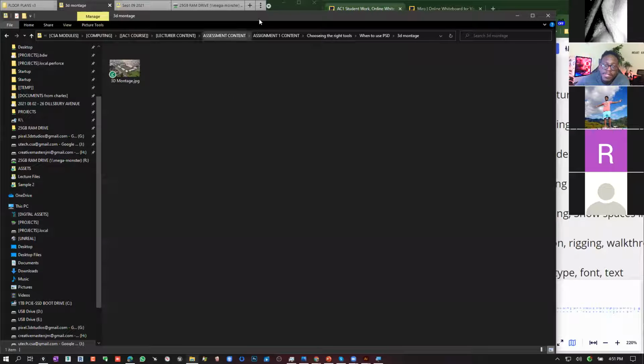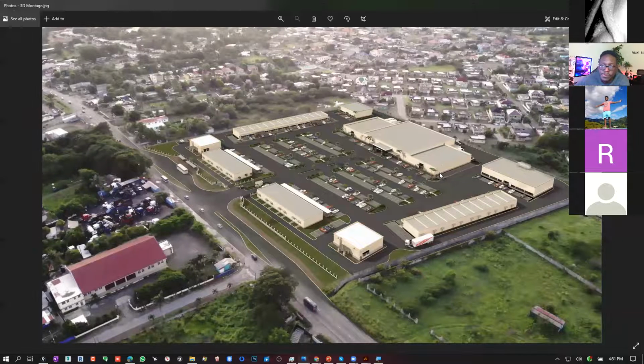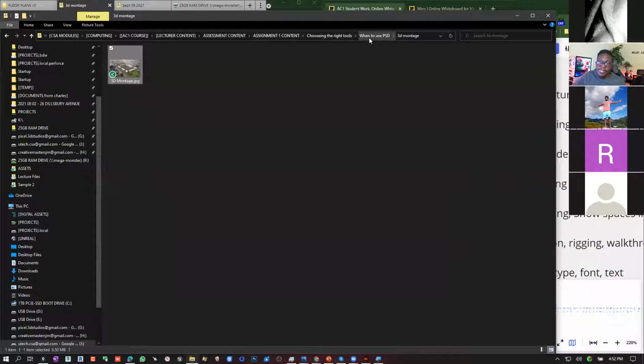So for example, if you needed to do something like a 3D montage where you needed to show how something looks, then you can also do this in Illustrator. You can. But because you're doing so much manipulation of pixels, remember what we spoke about, some features of raster, things like fading, effects, glows, that kind of thing. Hands down, raster editing will do that the best. But what you might find is that in some cases,